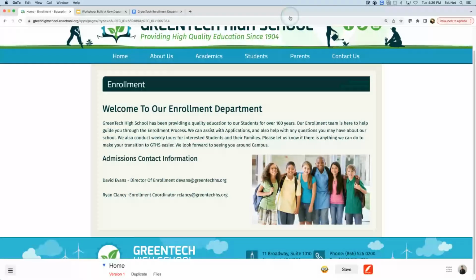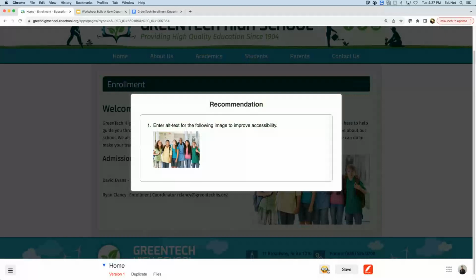Hey everybody, just about a minute to go. I do want to mention another tool that can be really quite helpful. You may notice this button, it has a rather interesting look to it. It kind of looks like an emoji. What that really is is your recommendation button. So what's cool about this is you can click on that and it provides you with great suggestions on your page. What's being suggested here is that we add on alt text,